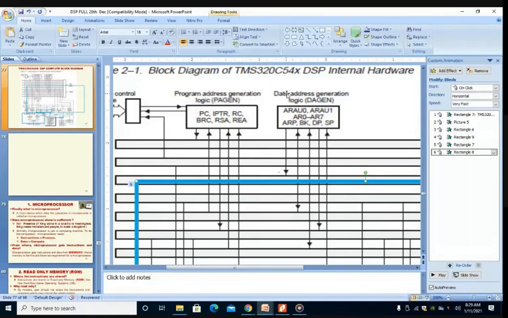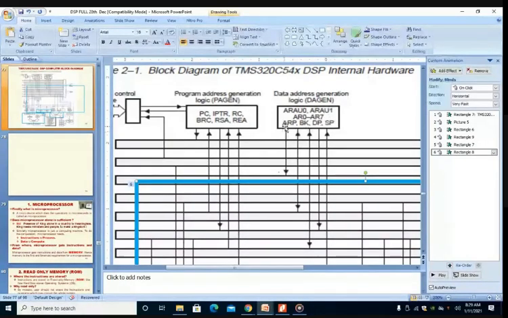So these are all associated with program memory, which is controlled by the program address generation logic. And there is the data address generation logic, where we have 8 auxiliary registers, AR0 to AR7. These auxiliary registers are used as pointers for indirect addressing, where indirect addressing is most efficient, as we all know. And for the auxiliary registers, there are auxiliary register arithmetic unit 0 and auxiliary register arithmetic unit 1, so within the auxiliary registers also, we can perform some arithmetic operations.